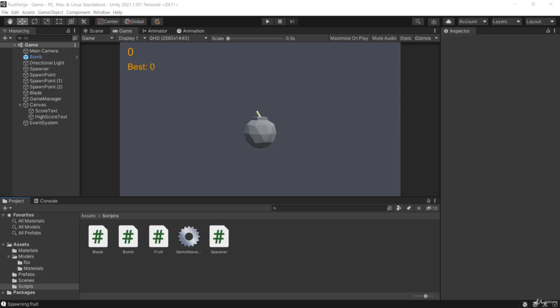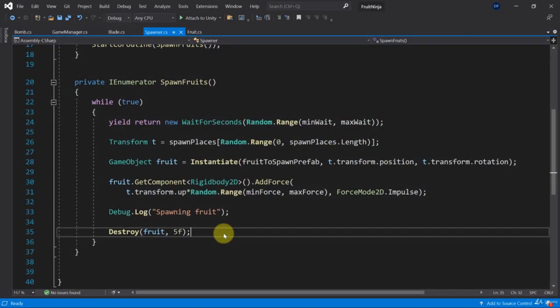Welcome back. In this video, I want to take care of spawning bombs. And now you might wonder, how can we do that? Well, think about it. What class should we edit? So which script should we change? Well, I hope you came up with spawner, or you had the idea of using the spawner, because if you